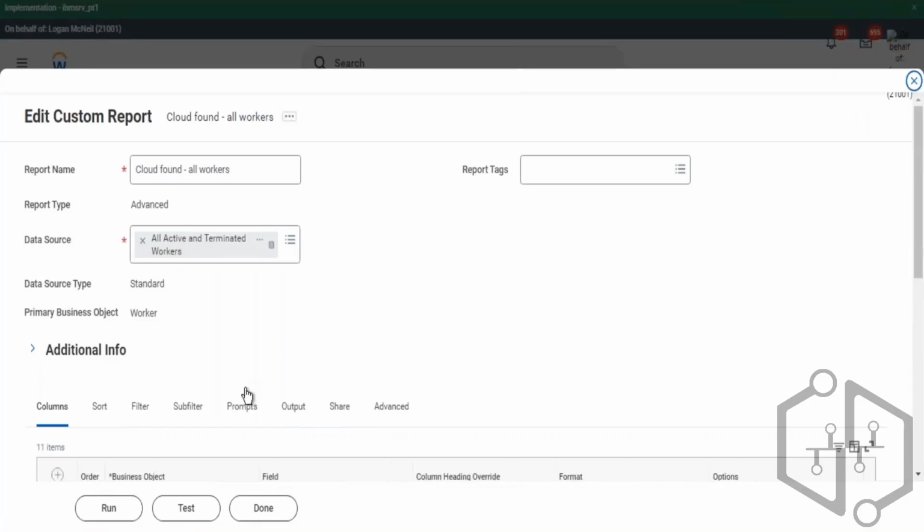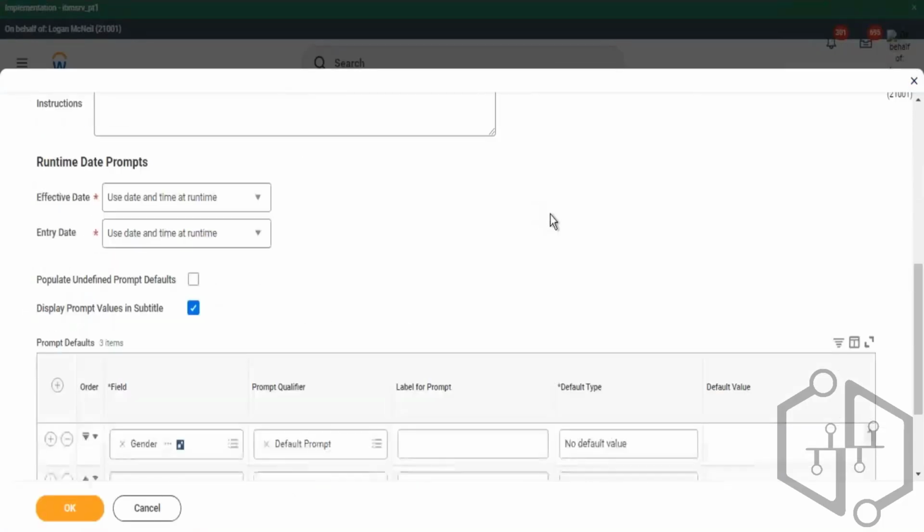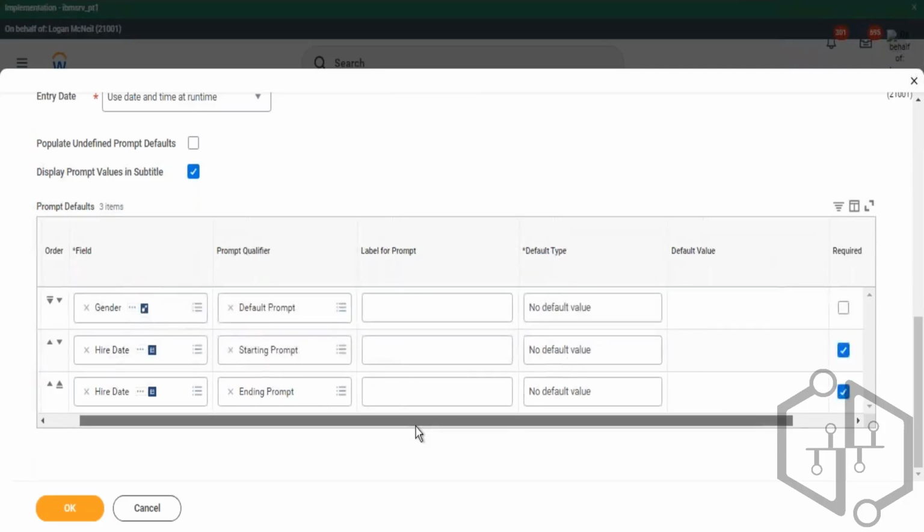There are other options as well for managing my prompts. So come here and come to prompts. I don't want an end user to continuously enter values, right? For hire date and for these 2 hire dates, I want to specify some default values. So I can come in here. Currently no default value has been